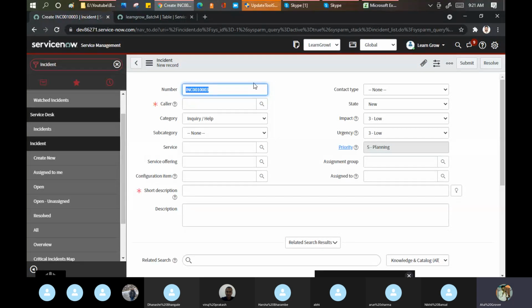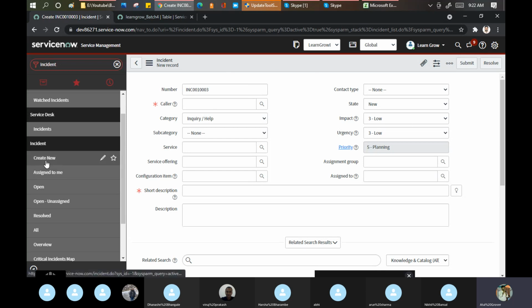You are in the right place. Form is there, but you are missing the second word here. Incident form? No. This is called the form view. Tomorrow, if I open the change, you will say change form. If I have 100 forms, you will say 100 forms. No, this is the form view of incident. That can be the right term, but in standard language, it is the form view for me.